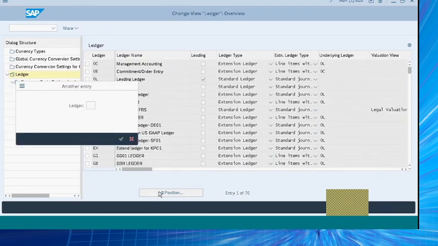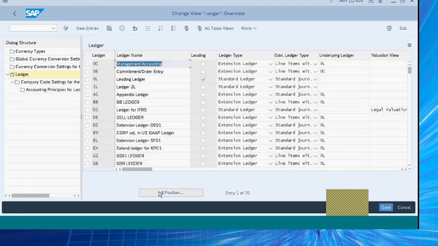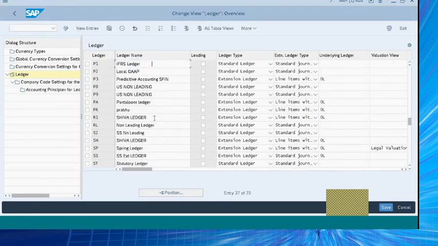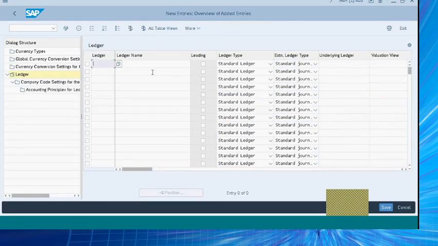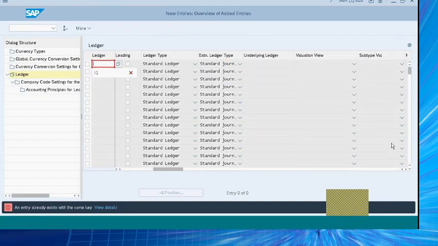Okay, now first let us set up another ledger, a parallel ledger, and it is a local ledger for US. So for example, if I have a company in India, then I might need to do some local adjustments which are not really required in the global reporting. So my zero ledger is for global reporting, and my local ledger is for additional local reporting. So in SAP, now you see the ledger. Okay, the I1 is used up, so we'll use something like I9.